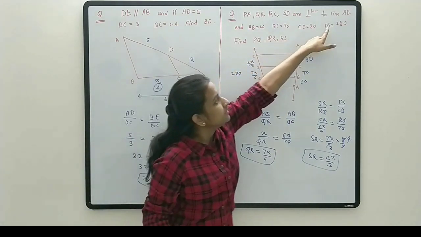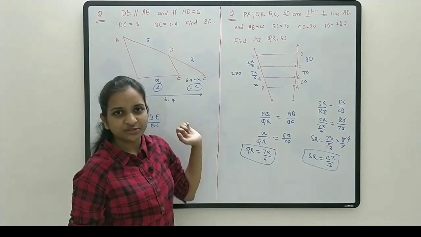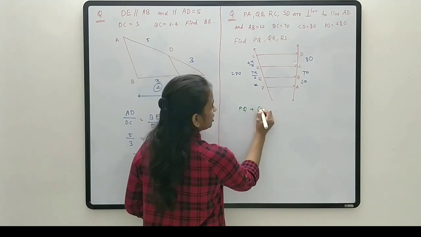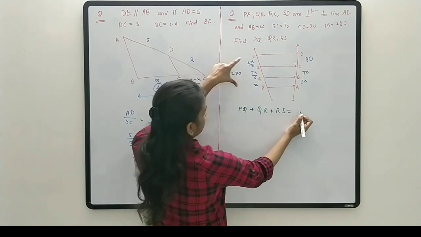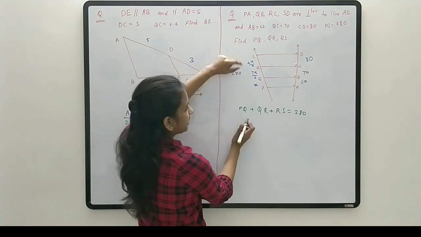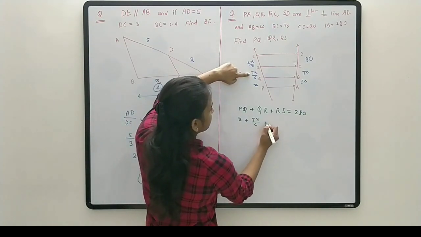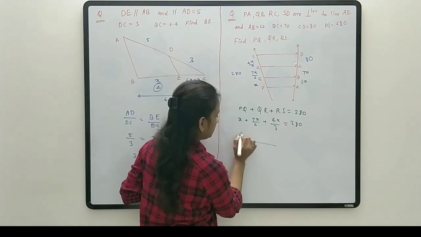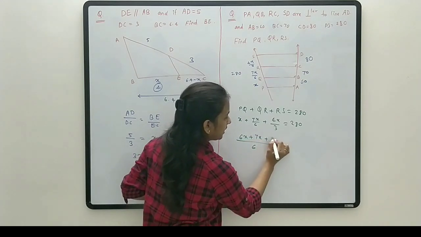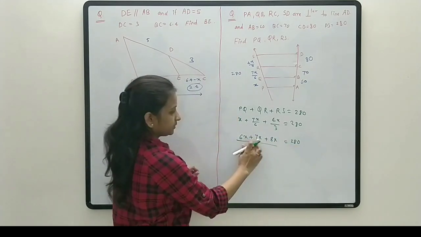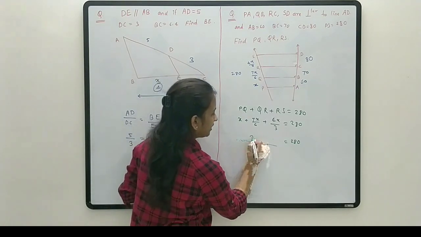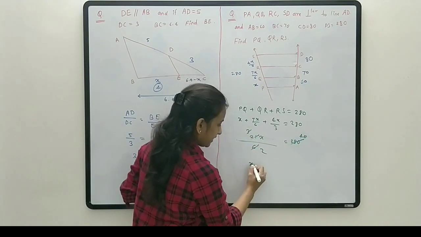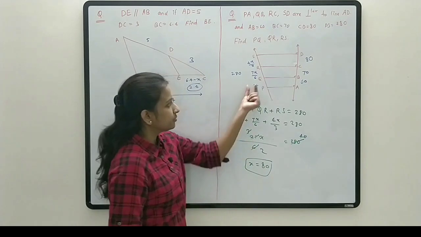Now we have got PQ, QR and RS in terms of x. But what is given in the question? PS value is 280. Complete length is 280. Let's add them and find the value of x. PQ plus QR plus RS is 280. Let's substitute the values here. x plus 7x by 6 plus 4x by 3 is equal to 280. Common denominator 6. So we will get 6x plus 7x plus 8x is equal to 280. 6 plus 7 plus 8 is 21. 21x. 7 threes are 21, 7 fours are 28... So we will get x as 80. So the PQ length is 40.